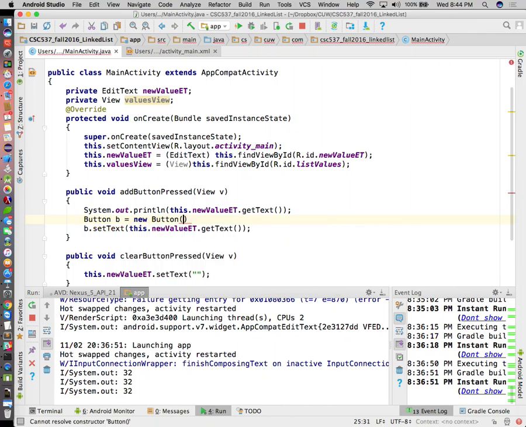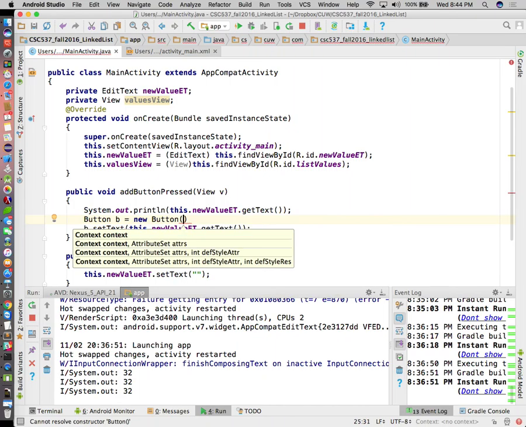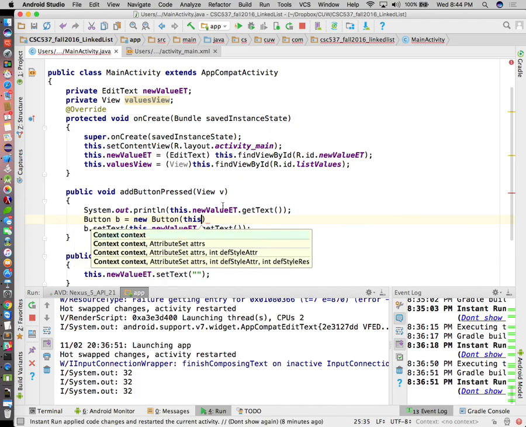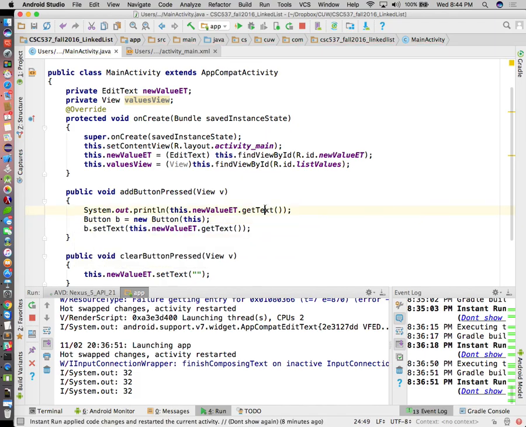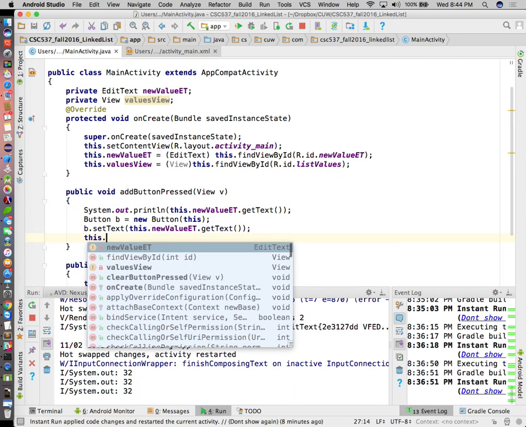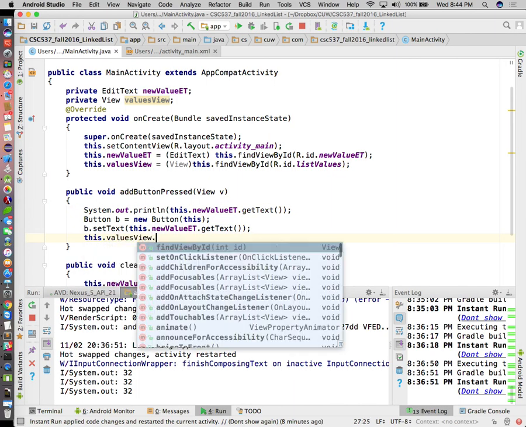I should be able to use a normal button, right? All right, then I'm going to say this dot values view dot